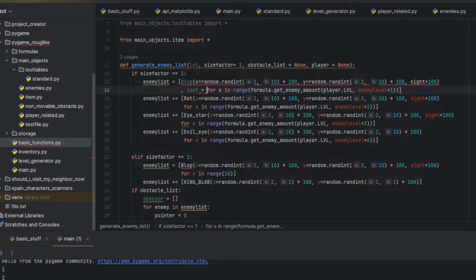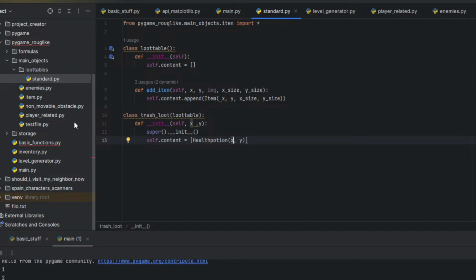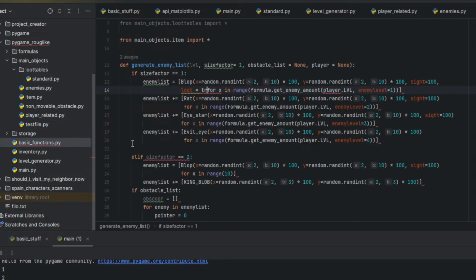Loot equals, oh no, the bracket. Loot equals, again, is it called trash loot? So why is trash loot equals